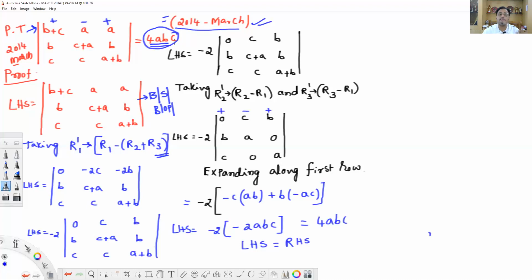But one thing you remember, it's a damn sure, definitely it consumes a lot of time. Sometimes your answer may be simpler than the required answer, or sometimes you may get a better answer than this 4ABC, too simplified. So sometimes it is very difficult to exactly get 4ABC also. So it may take a lot of simplification time. So what I have decided, number one, remember to tackle such examples, always remember the small tip I'll tell you.